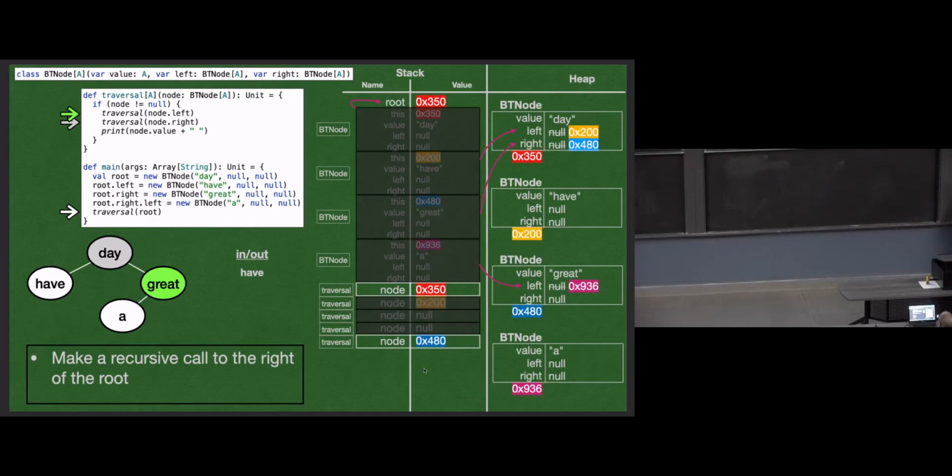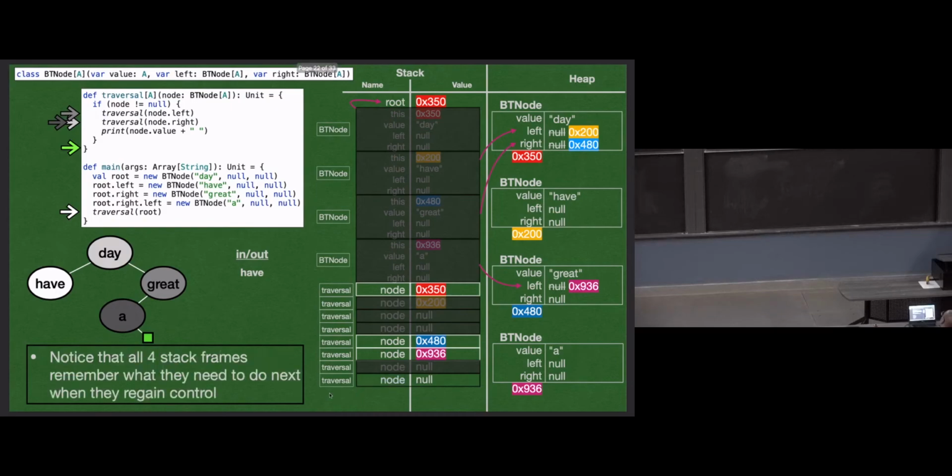So we get this node at 480. That node is going to make its left recursive call. Node dot left. This node, still not null. It's going to make its left recursive call, which is null. Node dot left, which is null, and just returns. This node remembers where it was and makes its right recursive call, which is null, which won't do anything. But here I want to take a time out and take a look at what's going